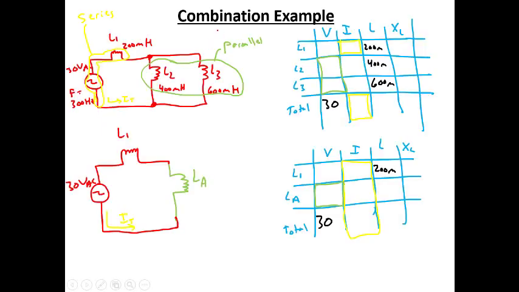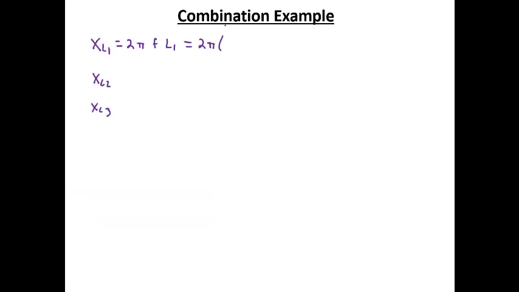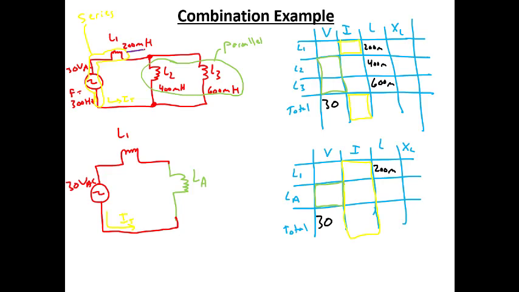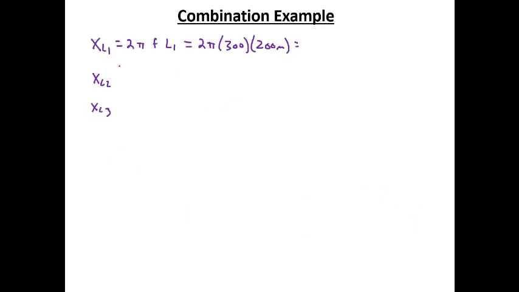The frequency of this circuit was 300 hertz, so we have 300 for the frequency times 200 millihenries, the inductance of the first one. So we had a 200, 400, and a 600. All right, so let's do the first one: 2 pi times 300 times 200 milli. 2 times 3.14 times 300 times 200 milli, and I get